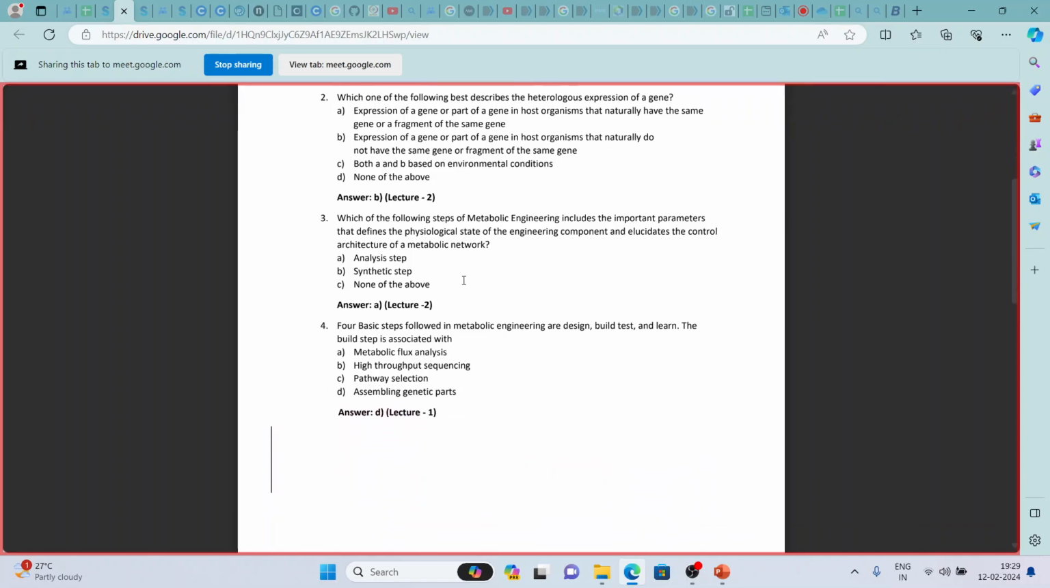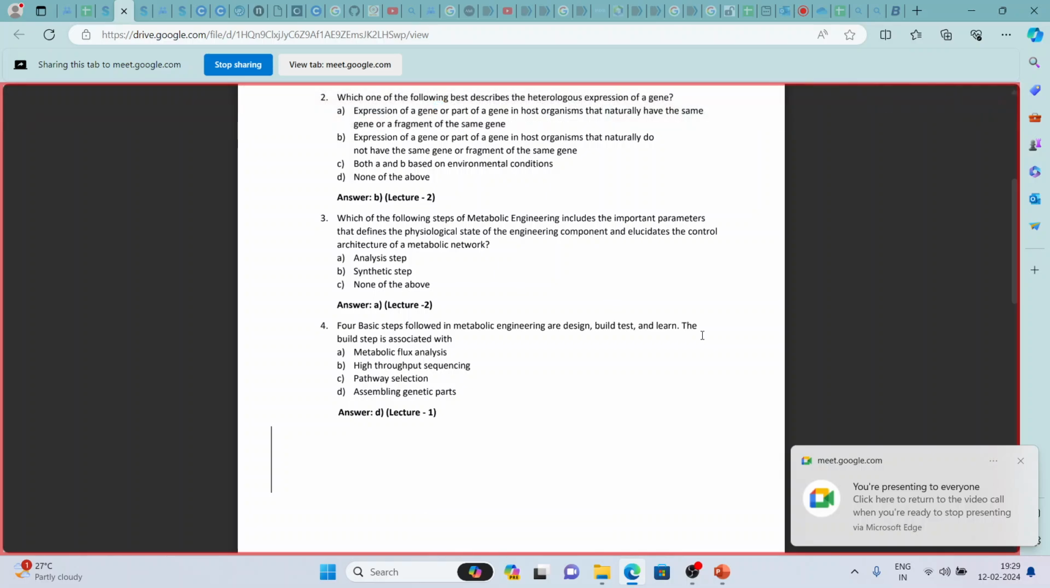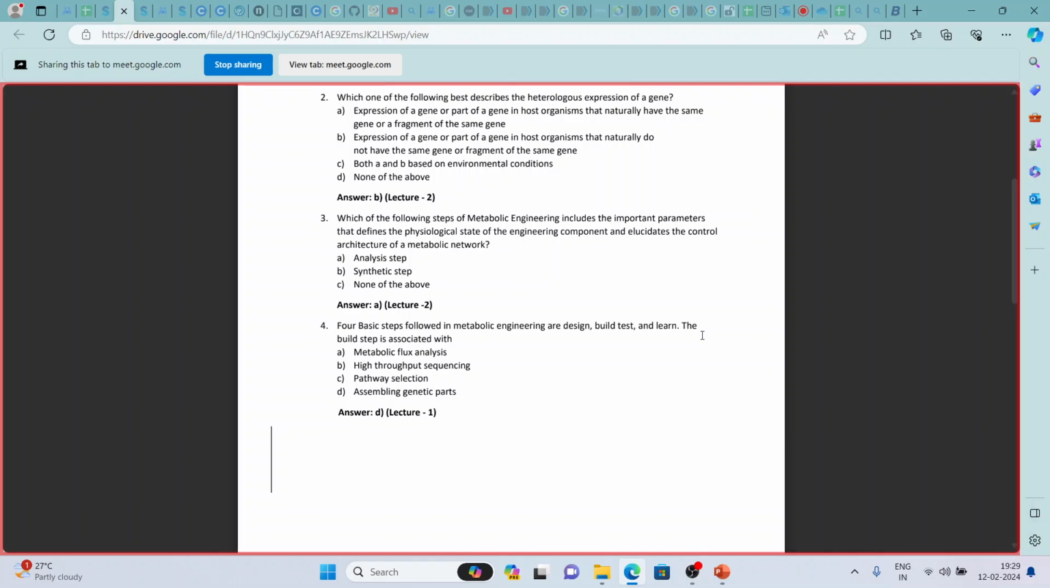Question 3 is which of the following steps of metabolic engineering includes the important parameters that define the physiological state of engineering component, elucidates the control architecture of a metabolic network. So there are three options: analysis step and the synthesis step. So if we look at lecture 2, they talk about three different generations